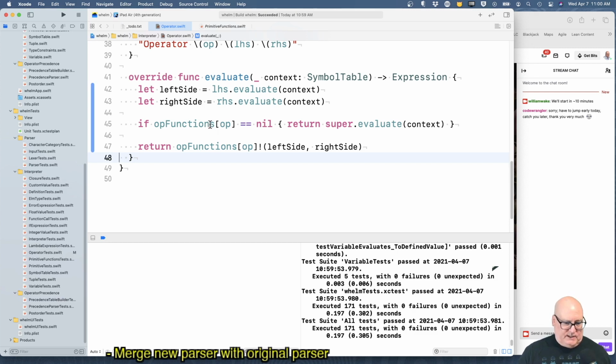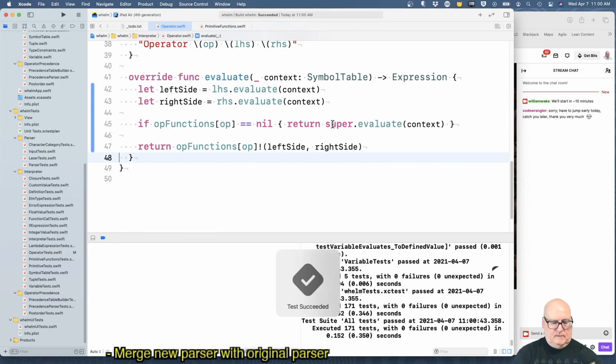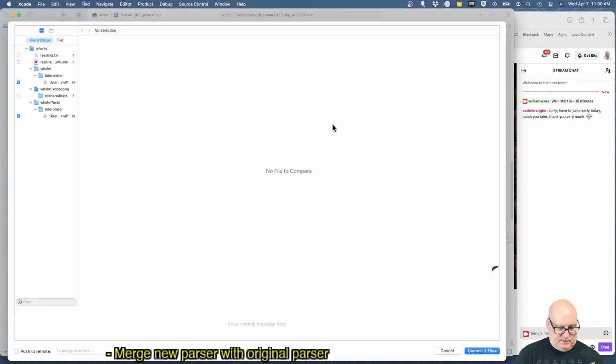If we know how to use this operator, well, if we don't know how to use this operator, it's an error. And we're defaulting up to somebody who reports an error. And if we do know how to evaluate it, we do it. All right, so this should work. Now, oh, let's push this. Okay, make evaluate work for plus.